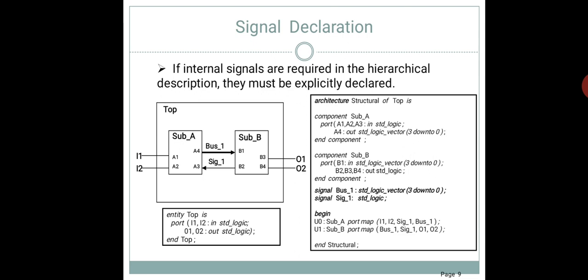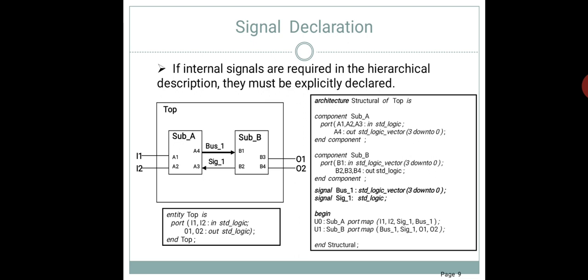Signals are defined with the help of the keyword signal, name of signal as bus_1, std_logic_vector 3 down to 0, and another signal is signal_1, which is a single bit. Now you can observe that while declaring a port, we must write the mode of the port, either input or output. But while writing a signal, a direction is not required, but the data type is required.